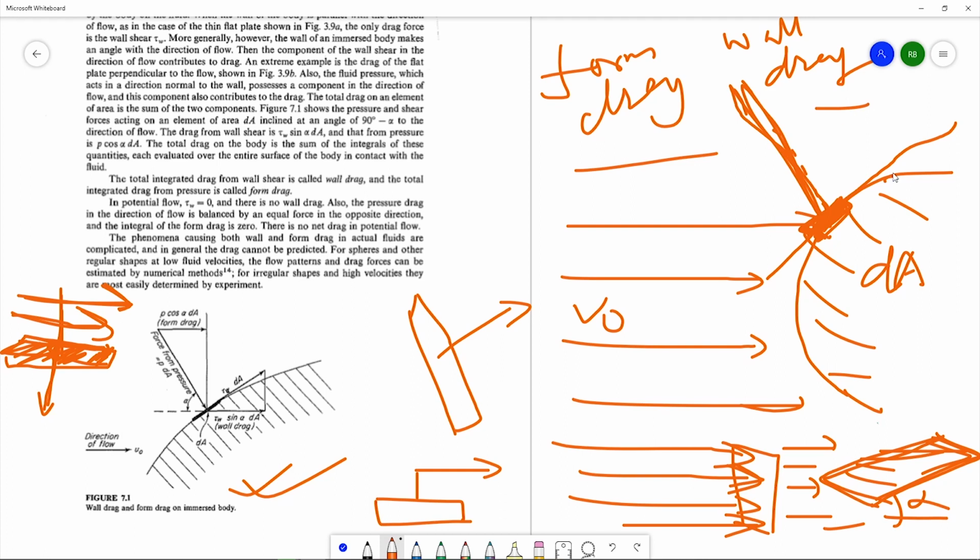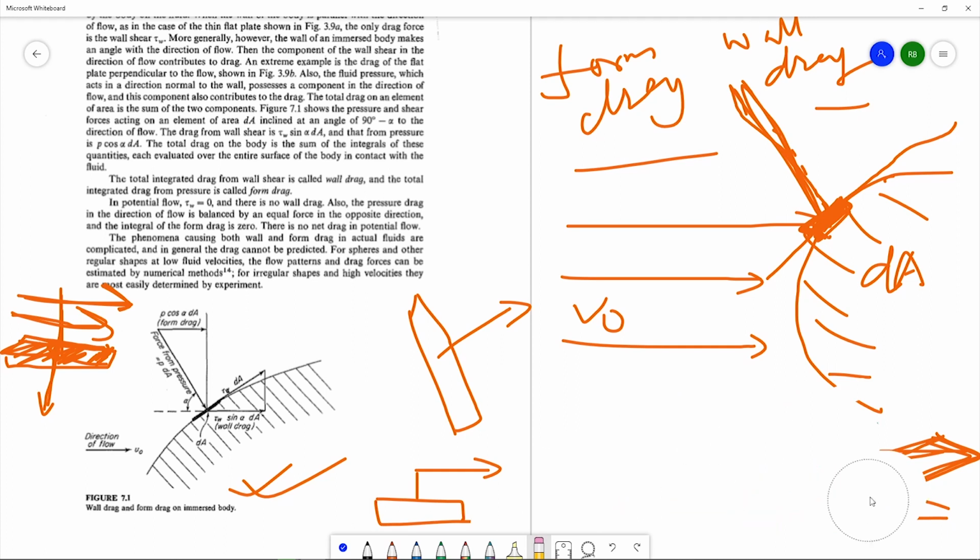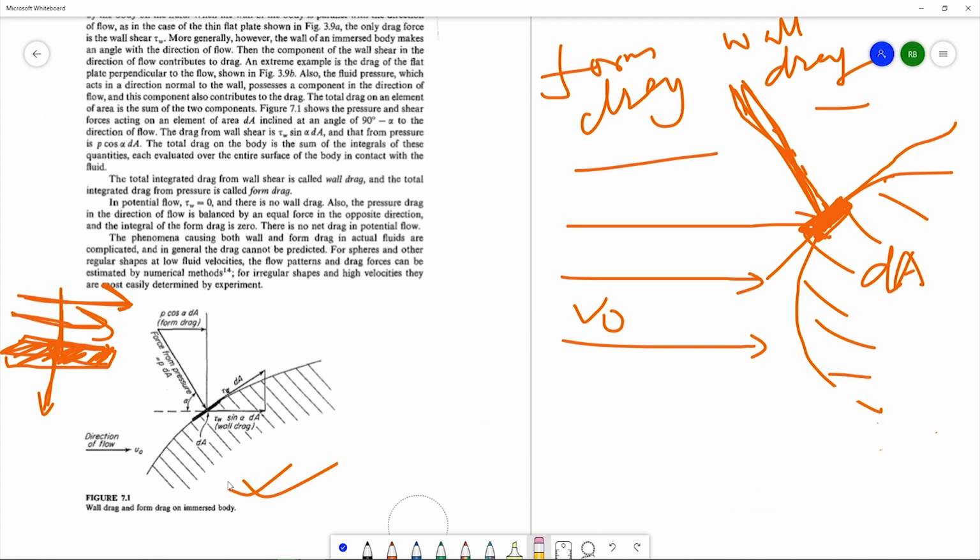Okay, so that's why we are taking an arbitrary surface at an angle, so that we can calculate both the forces acting on that solid particle due to fluid. Okay, so we have two components: pressure force and shear stress. And again, we have two components for both the parts. Okay, so